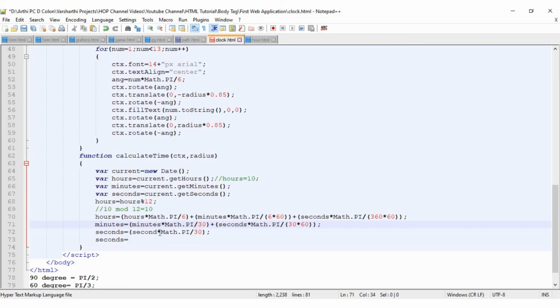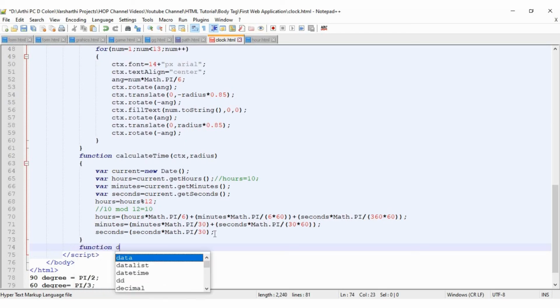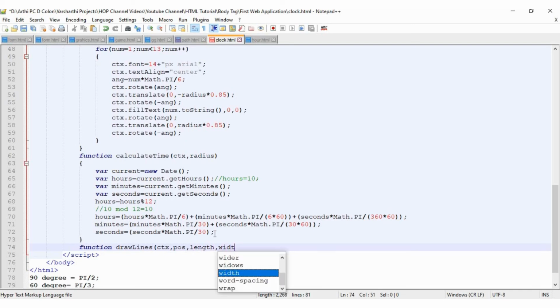So now we have to draw a line for each hand. For drawing a line we can have a separate function. To draw a line, our context should be there, position should be there, and the length and width of the line should be there.